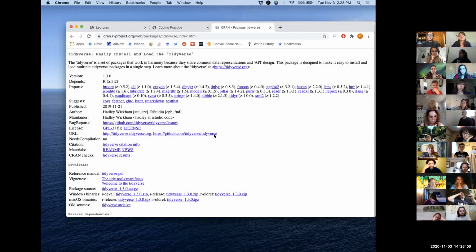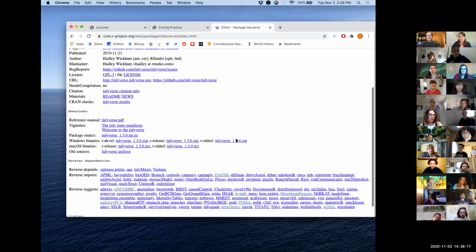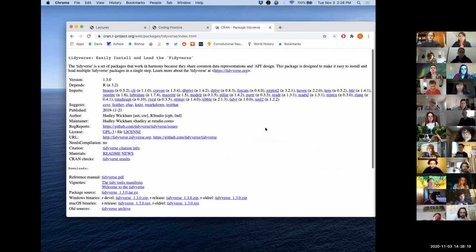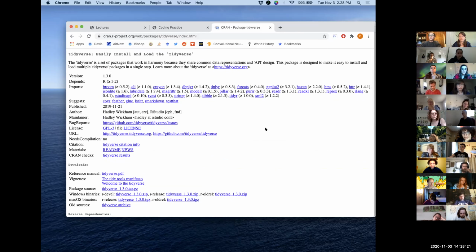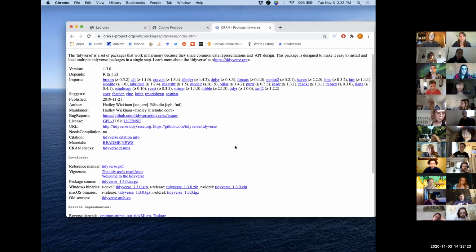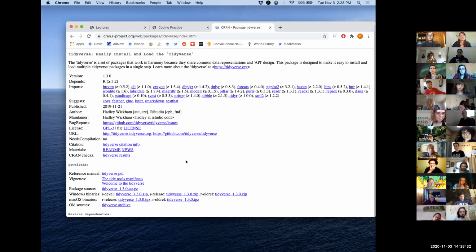And so we can go to that, and it immediately looks super intimidating. There's like this code style font up here, and there's version, and then there's all these imports, and it is a lot to take in and is probably pretty overwhelming for a lot of people. But this is like the base page for everything to do with whatever library you're talking about. So in this case, we're talking about the Tidyverse, and a few things that you're probably particularly interested in for